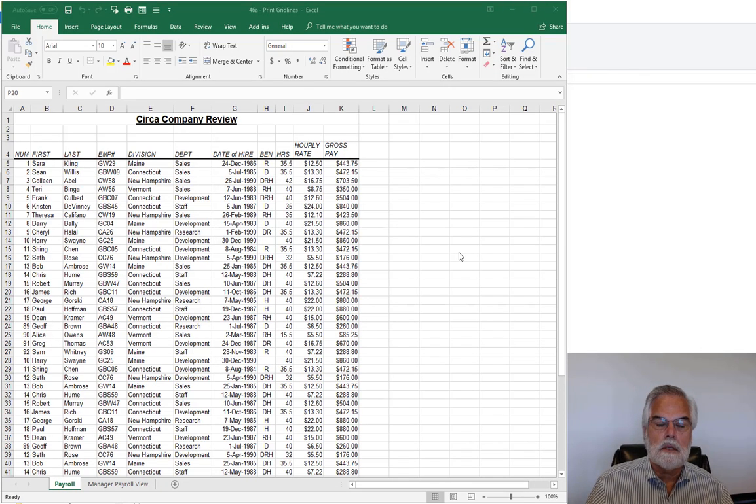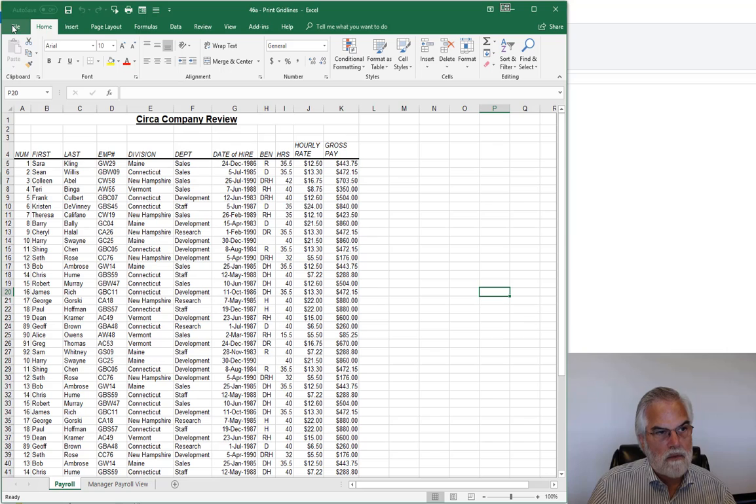Okay, on this lesson, I'm going to teach you how to either print the grid lines, that's the lines you see here, or have no lines on there at all. All you have to do, there's a couple of different ways. One of them can get pretty easy, but if you go to File,